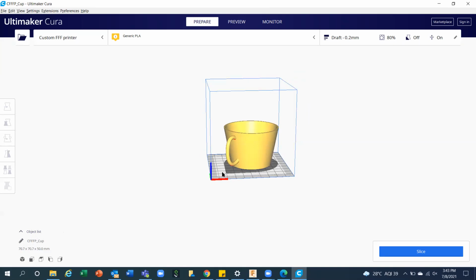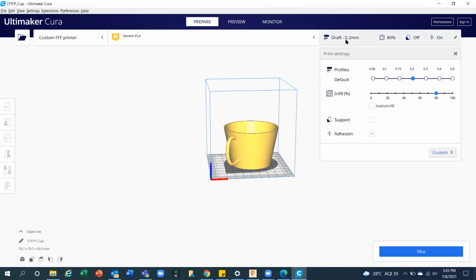Getting this point? Now it's time. What are the different settings you have to do? You have to do the settings of your filling material. If you want to fill material 20%, as I already told you, you can complete your model with 20% of material. It will only create outlines. It is not going to generate the inside solid. If you want good strength, then you can choose 80% or maybe 100%.